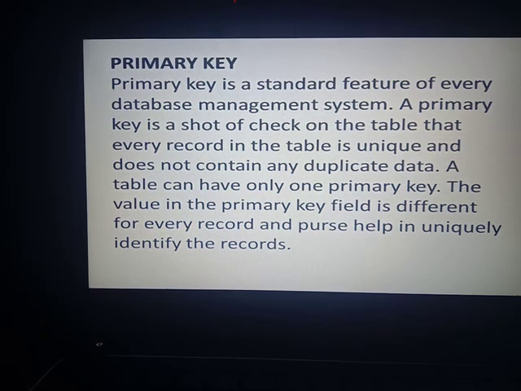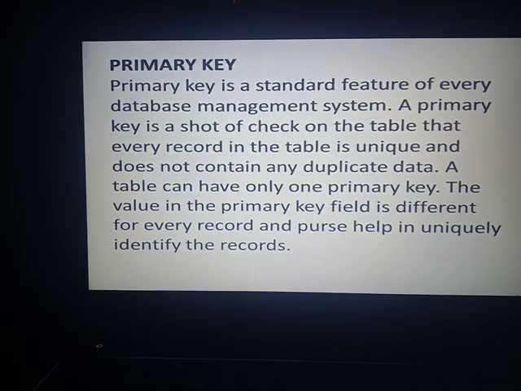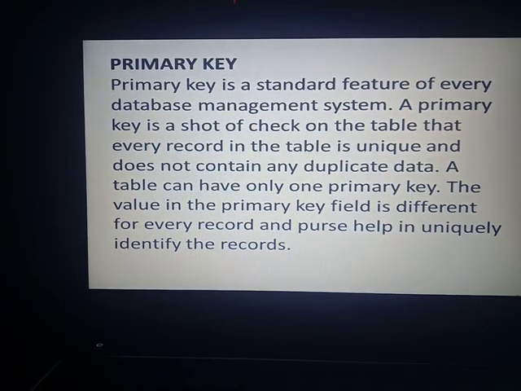Suppose your roll number, as you are entering your roll number, two persons cannot have a single roll number. So every table must have a primary key, like serial number. Serial number is always unique, 1 2 3 4 5 6.